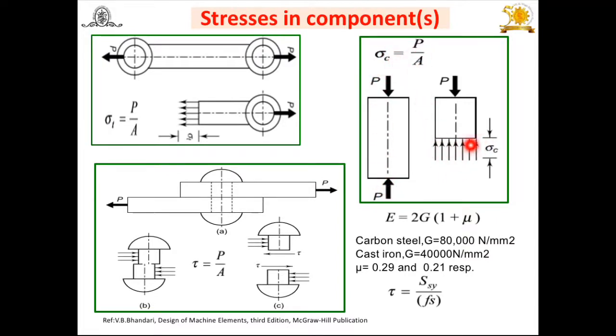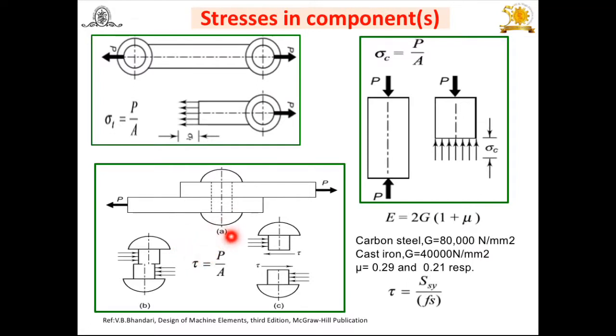Again, the cross-sectional area we are going to consider here, therefore sigma c is equal to P by A. That means the direction of the forces, whether it's compressive or tensile, decides sigma t and sigma c. And here is the shear stress. So the tensile stress, the compressive stress, and the shear stress are all direct stresses or